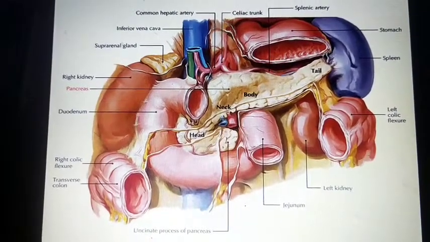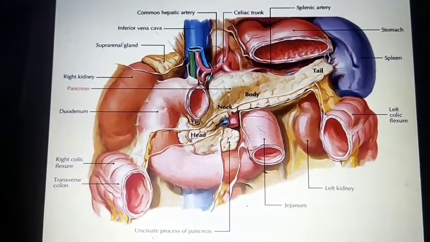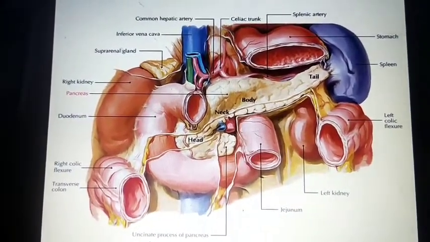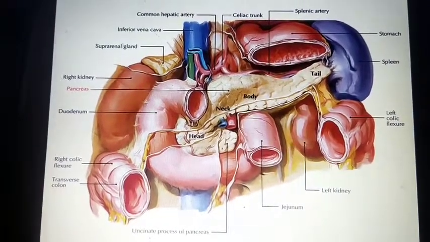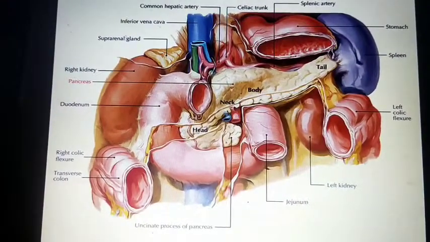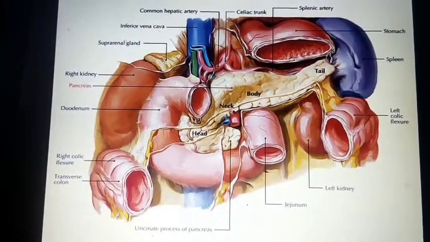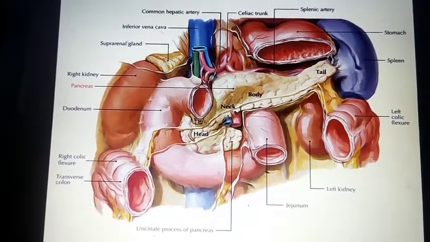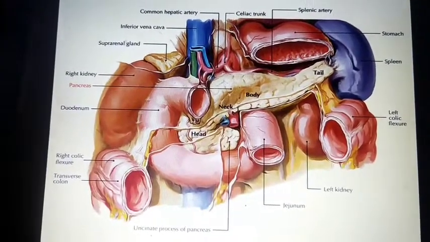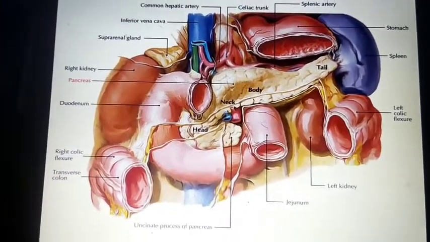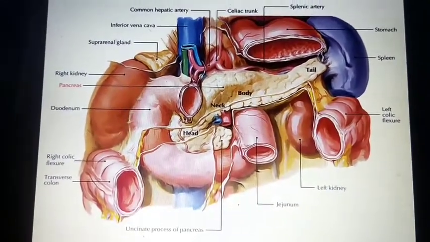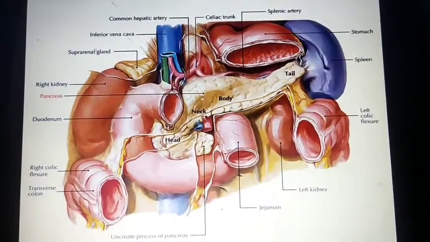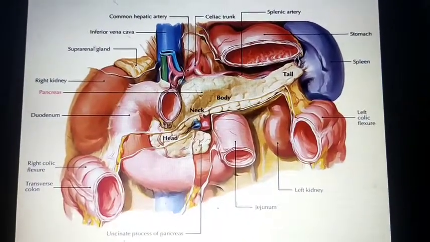In the posterior abdominal wall, it crosses obliquely from the epigastric region to the hilum of the spleen, or from the concavity of the duodenum to the hilum of the spleen, and it is present opposite to T12 and L3, and it mainly divides into four parts: head, neck, body, and